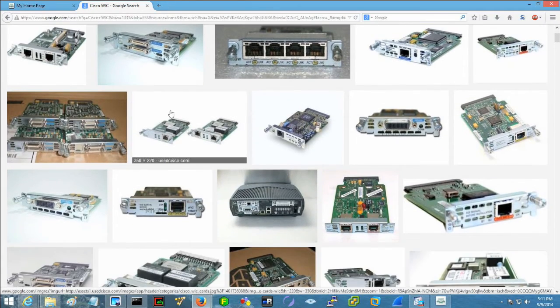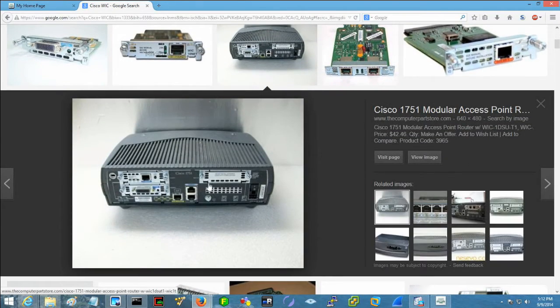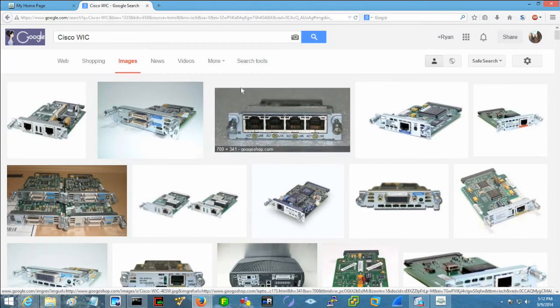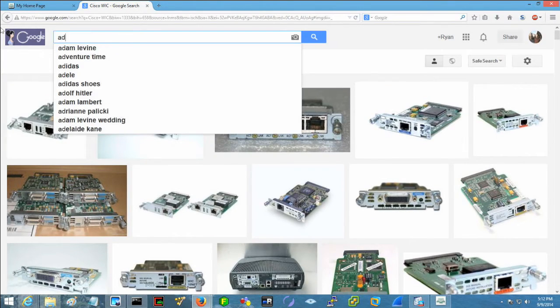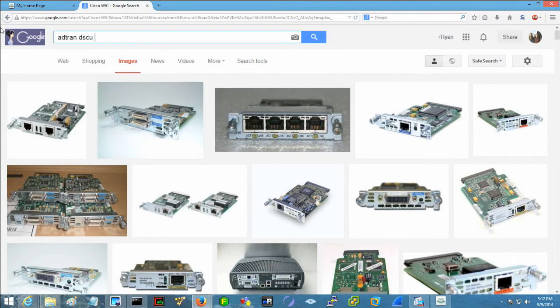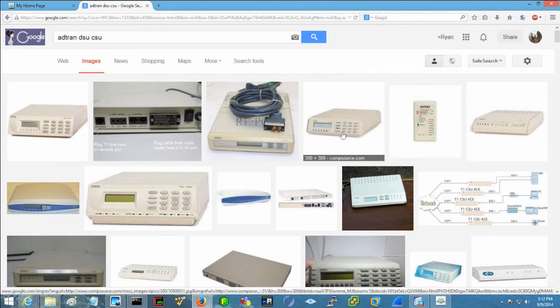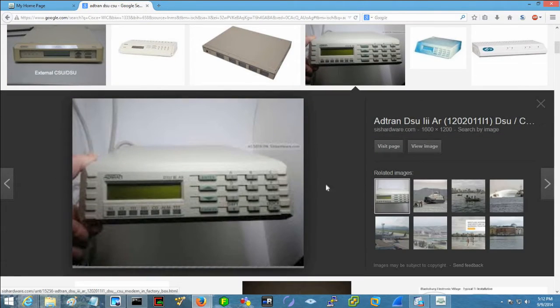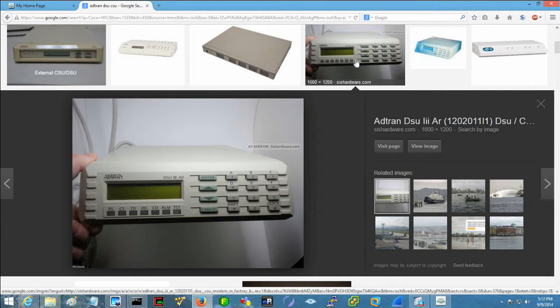What that would actually go to, and here's an example of an older 1751 router, and you can see this has got the older style serial connection. You'd have Ethernet come into the router and then serial go out, and the serial connection talks to your DSU CSU. So Adtran is one of the companies that makes DSU CSUs. The last one that I worked on that was external was an Adtran. So it looks something like this, and you say, man, that thing looks like it's from the past. 1980, your 286 Packard Bell came back to visit. But this would be an external DSU CSU.